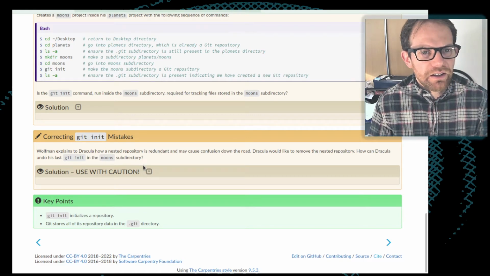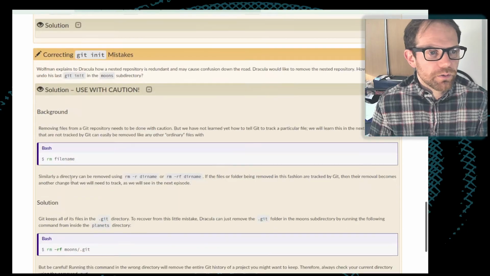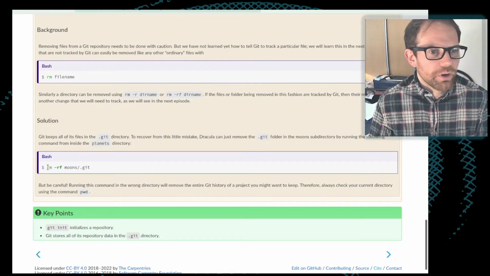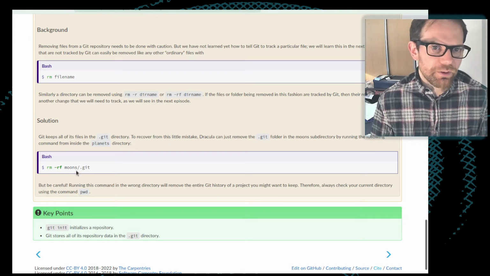And the answer to that, as I've already shown you, is to remove the .git directory. And that's why it says here that the solution is to be used with caution. So yeah, you rm the .git directory from whichever directory you want to cease being a repository.